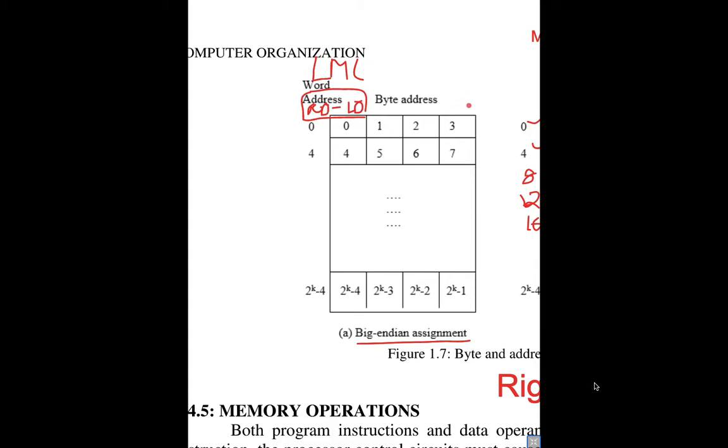So one question you can expect 100% in the exam. What's the question? They will ask you to explain byte addressability. We have two types of byte addressability. One is big endian, one is little endian. So these two you have to explain. You have to give the definitions, and with the diagram you have to explain. So this is big endian and little endian.